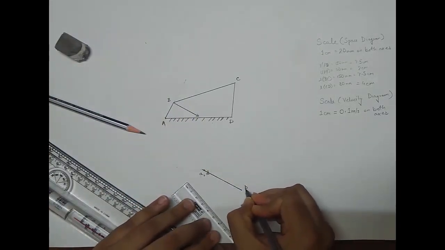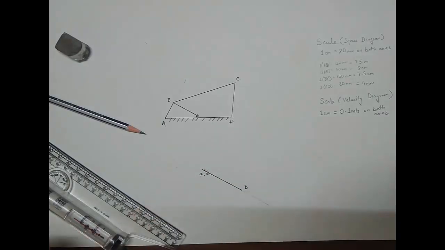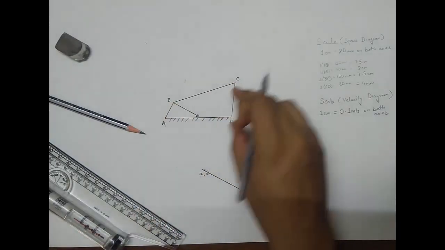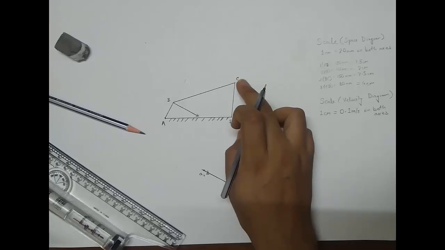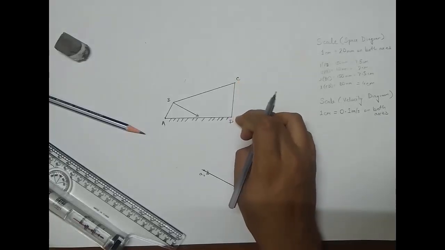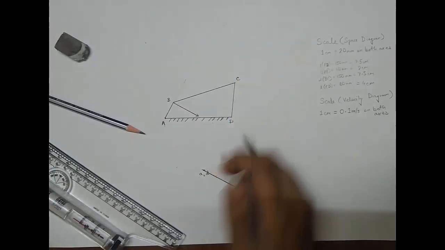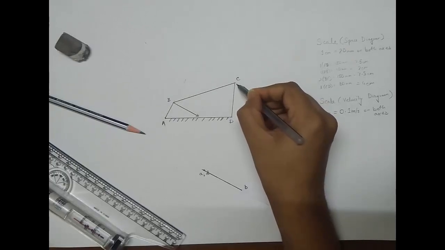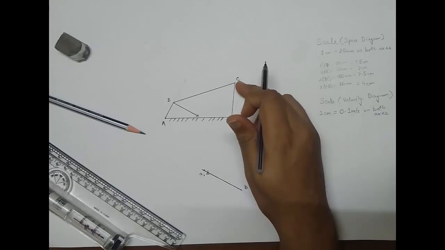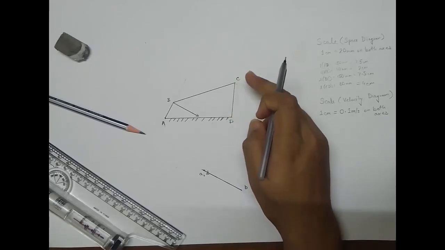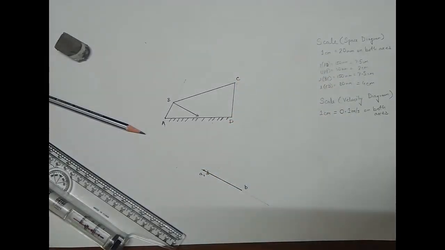Velocity of B with respect to A. Okay. Next thing, we have to find out the velocity of C and velocity of D. Velocity of D is 0. We just have to find out the velocity of C. Now we don't have any idea about the velocity of C. So how to progress? You should remember the one point which I had made in the relative velocity